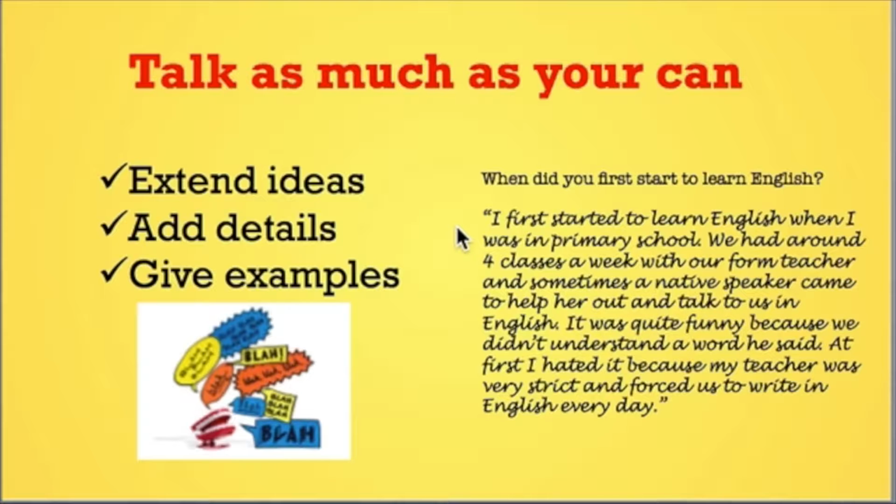But remember that the main purpose of this exam is to show your examiner you can speak English. So try to speak as much as you can so it gives the examiner enough material and enough reason to grade you. Look at the sample answer. I first started to learn English when I was in primary school. We had around 4 classes a week with our form teacher